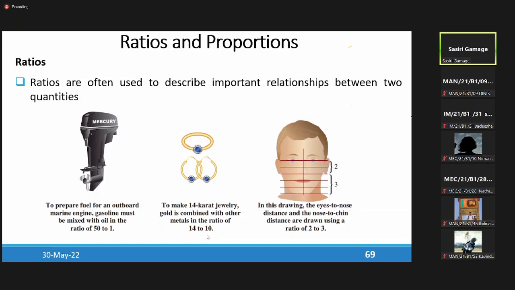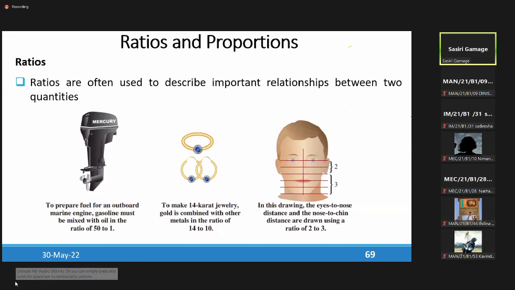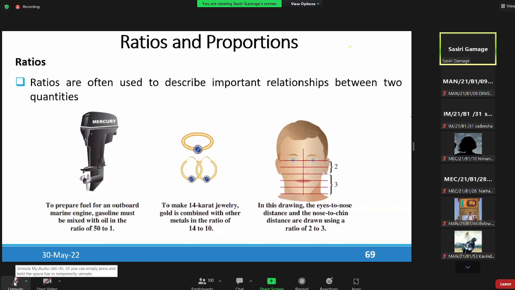Okay, ratios and proportions. What does ratio mean? Ratios are often used to describe important relationships between two quantities. When we have two quantities, that means